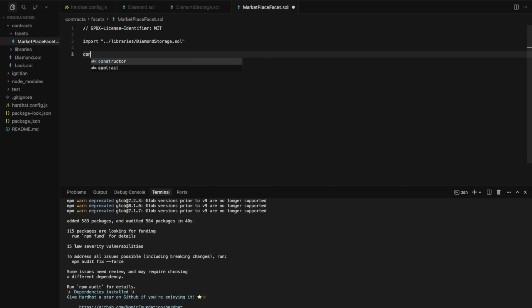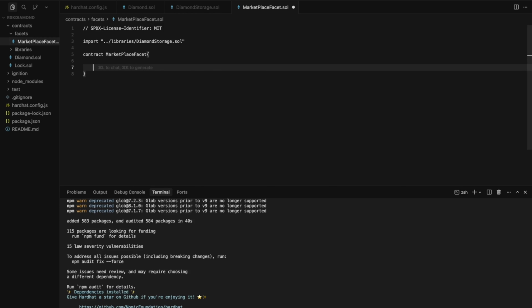Now let's define a contract named MarketplaceFacet, into which we will be writing an event, ItemListed, which gets emitted whenever a new item is listed in the marketplace. So let's name it ItemListed with a string name and uint256